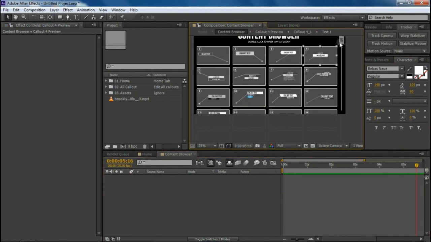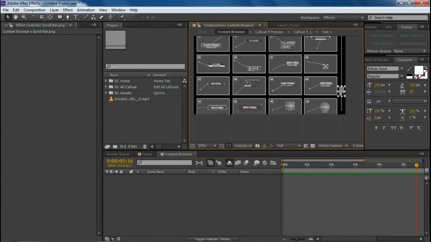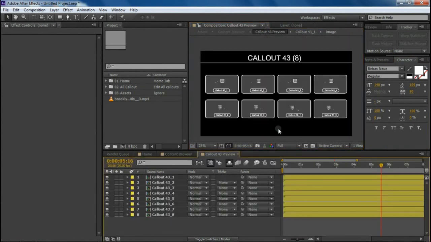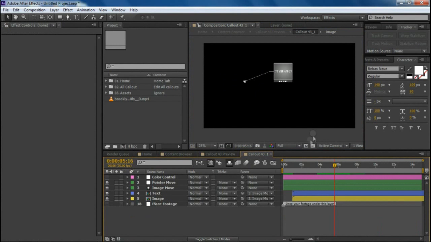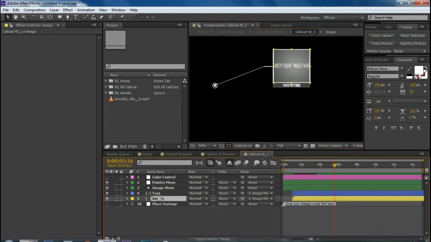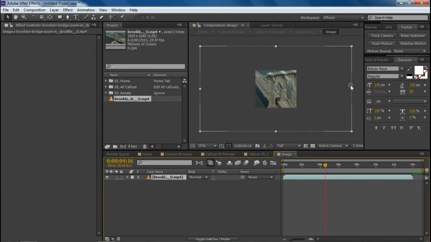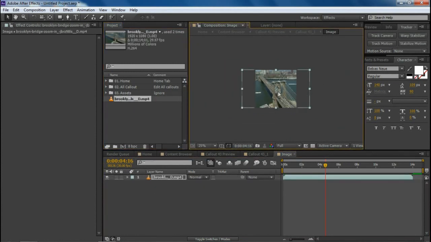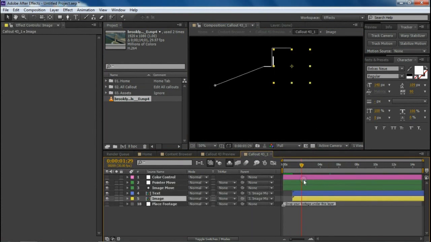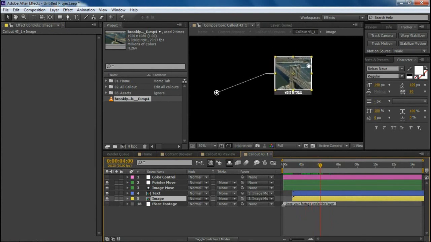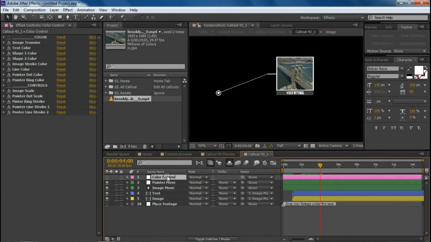If you're using any footage, so open up any footage composition, this one. Okay, there will be a image holder. Delete this one, import your footage and just drag it down to fit to comp, and if you can see, this is done. Alright, to change color you have to click on this color control, which is provided in each of the callout composition,